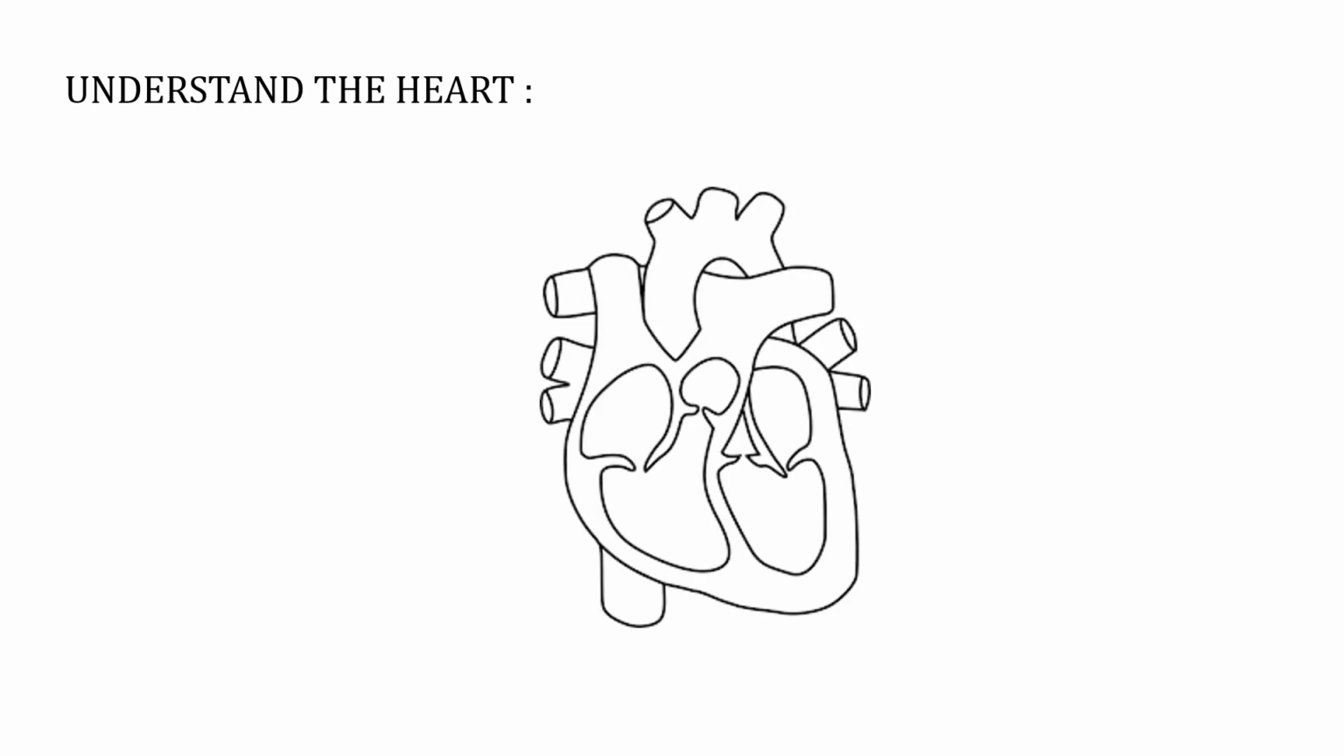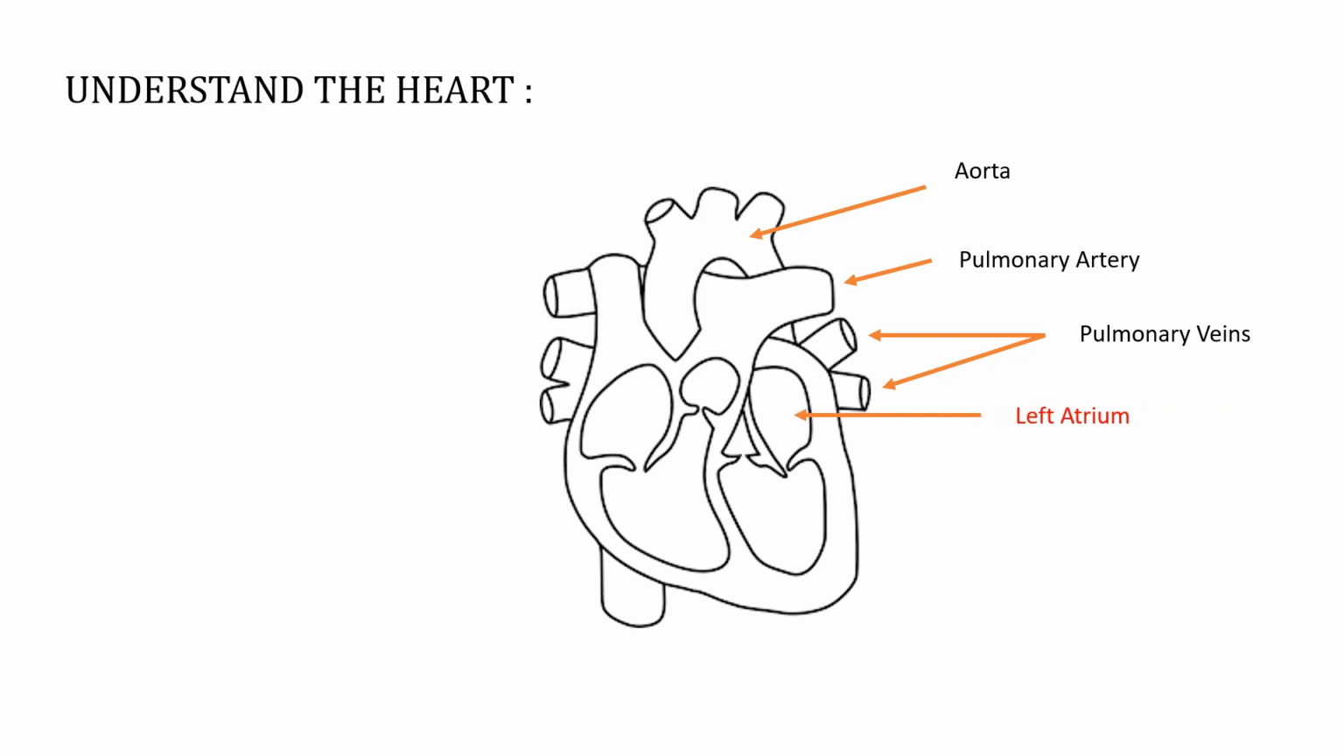Understanding the heart in detail. This is the diagram which you will usually see in your textbook. Students, you will have to practice this. So let's get to know the different parts of the heart, starting from the left side. Aorta, pulmonary artery, pulmonary veins, left atrium, left ventricle, on the right side superior vena cava,